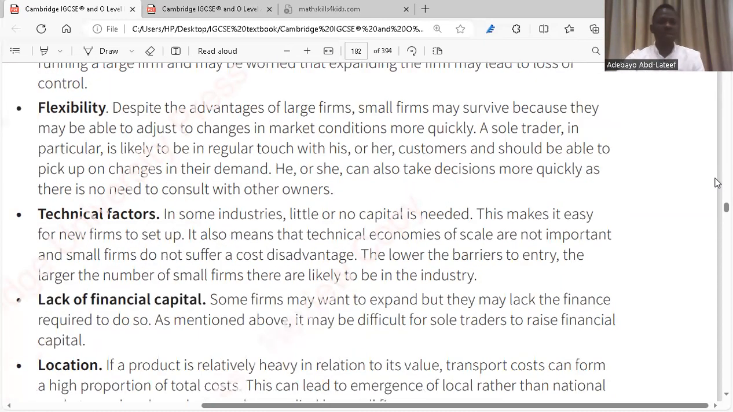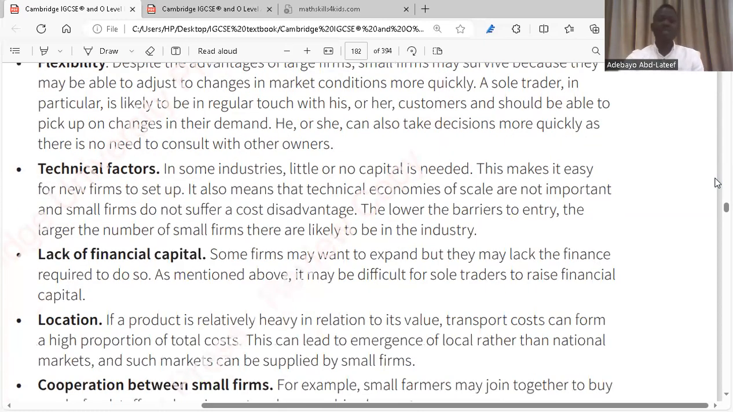The next one. Technical factors. In some industry, little or no capital is needed. This makes it easy for new firms to set up. It also means that technical economies of scale are not important and small firms do not suffer a cost disadvantage. The lower the barriers to entry, the larger the number of small firms there are likely to be in the